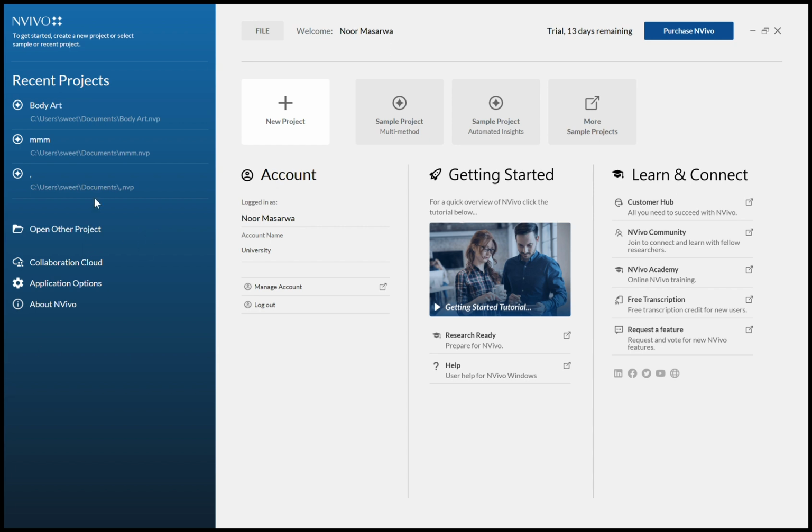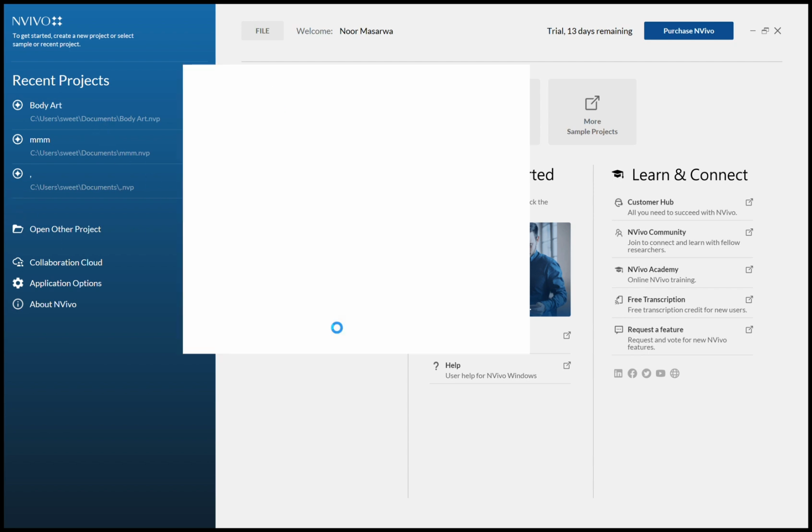Once you open the NVivo software, on the left side you get the recent project that you created previously, and on the main view you have the new project, like a new research that you're going to start with. Sample project is for beginners who don't know what NVivo can offer. I'm going to go ahead and click on new project. I'm going to name it as body art because I'm using the same files that we use in class. Create project. It asked me to replace it because I already used it before to practice,